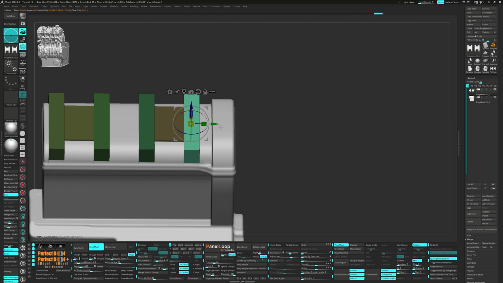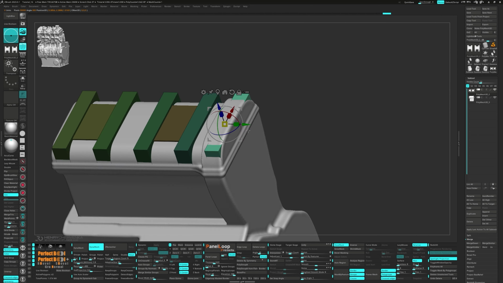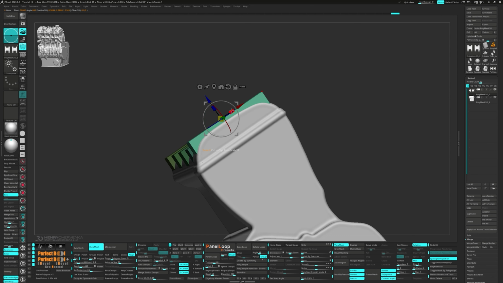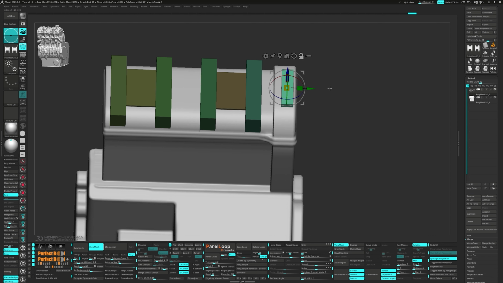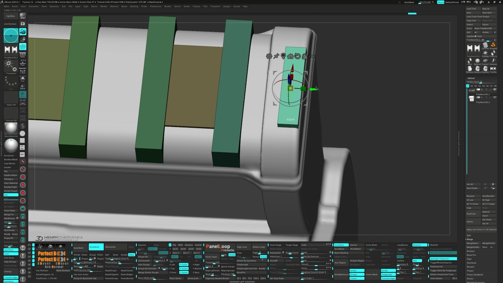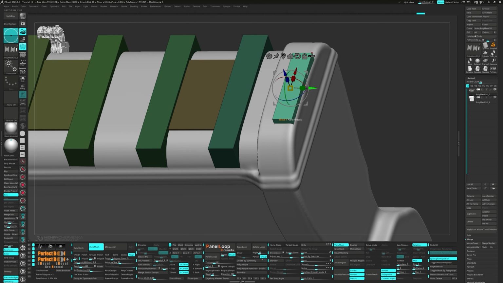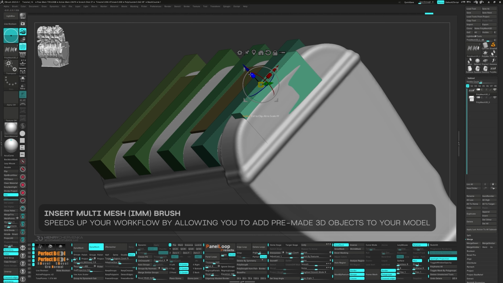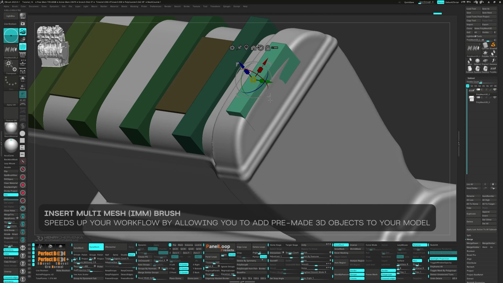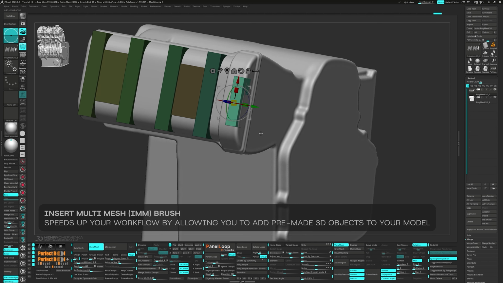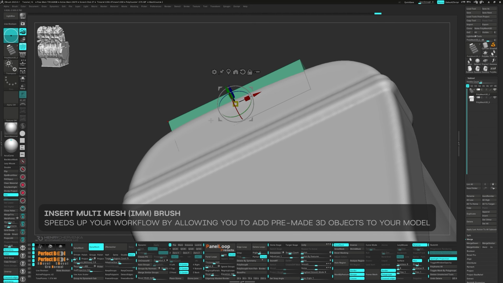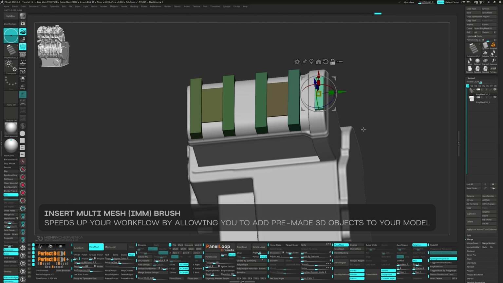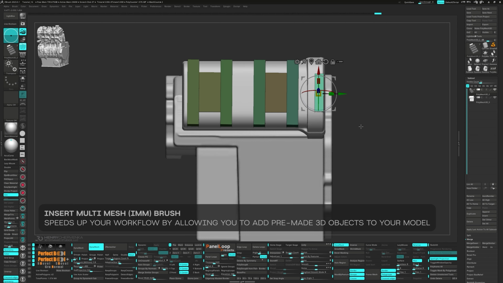Now something we haven't really touched on yet is the IMM brush. So let's dive into that for a bit. IMM brushes in ZBrush are an extremely versatile toolset that can significantly boost your productivity and creativity. First off, they speed up your workflow. IMM brushes allow you to quickly add pre-made 3D objects to your model, saving you time on creating individual details from scratch. Whether it's bolts on a robot, scales on a dragon, or buttons on a shirt, IMM brushes are